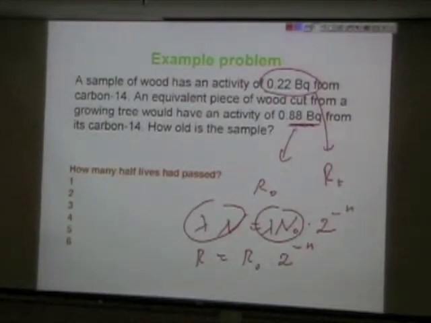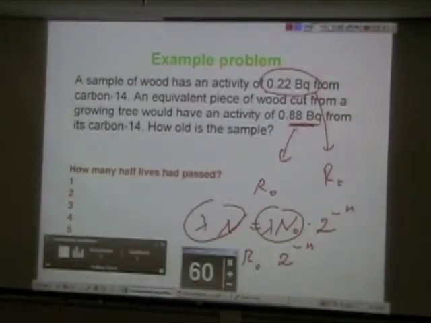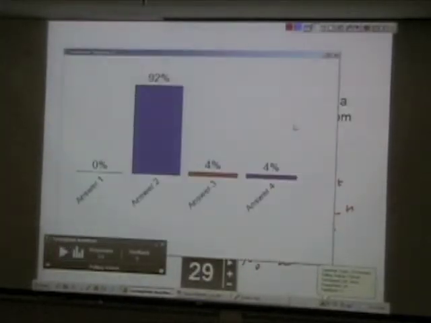Let me ask this question to the class. So 1, 2, 3, 4, or 5. How many half-lives have passed between the activity 0.88 becquerel and the activity 0.22? 2. That's correct. All we have to do is again apply the